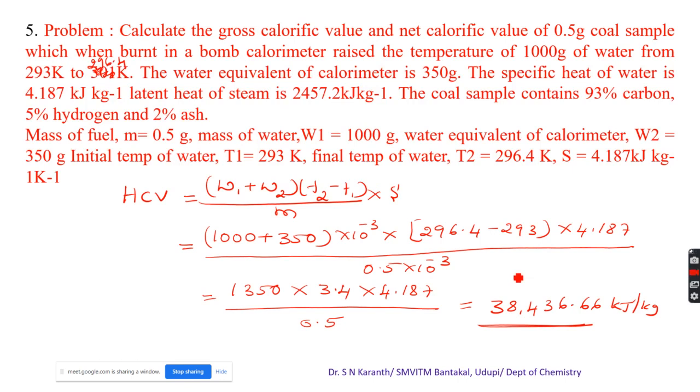9,180. That becomes wrong, because you have to express it in terms of kilojoule per kg, not calorie per gram. This is wrong. The answer you get should be multiplied by 4.187. You will get 38,436.66 kilojoule per kg. Based on this, you can calculate NCV, that is equal to HCV minus 0.09 H